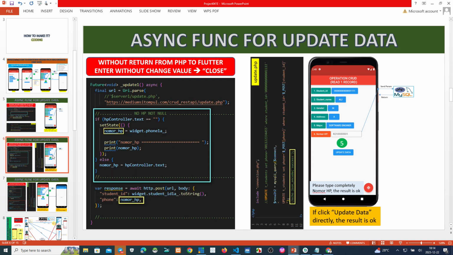If the HP controller is null, we can set the new HP to become the previous number. This is the solution of this problem. It means if we put here without changing this data, the data will be the previous content.